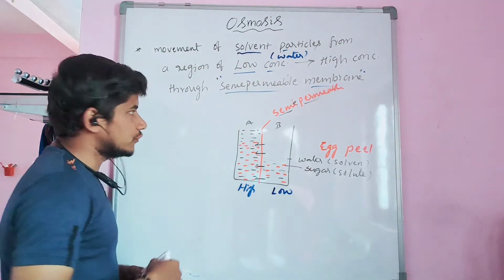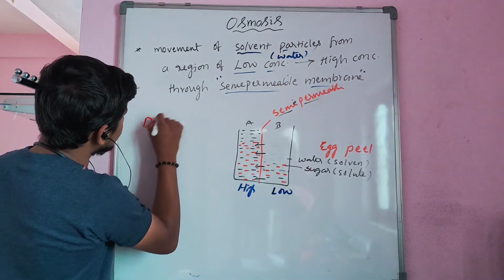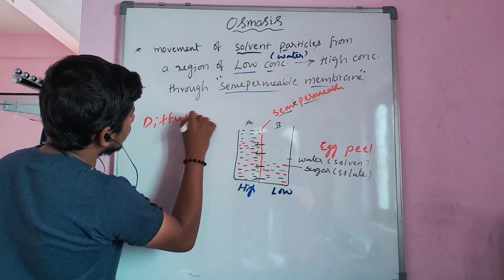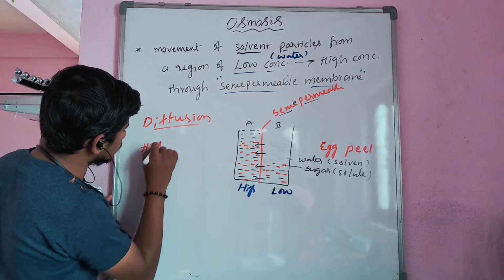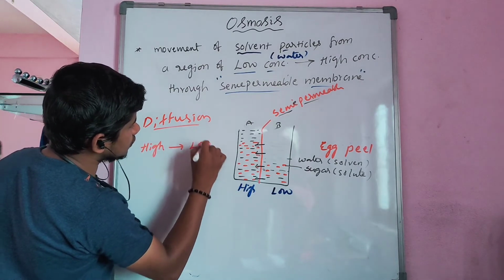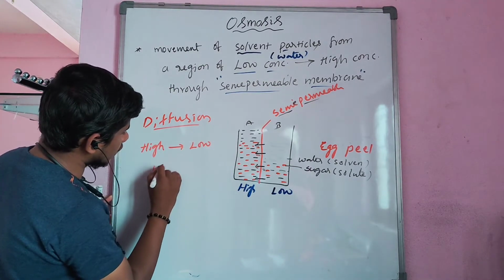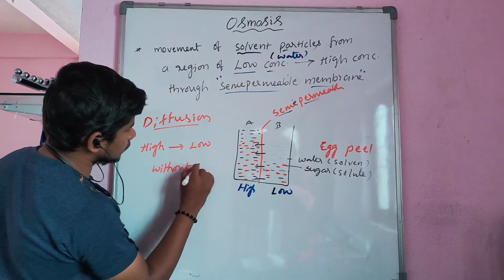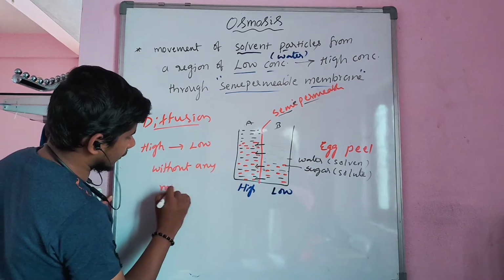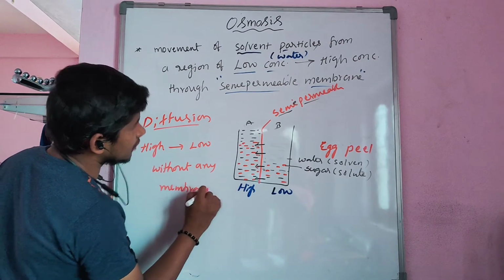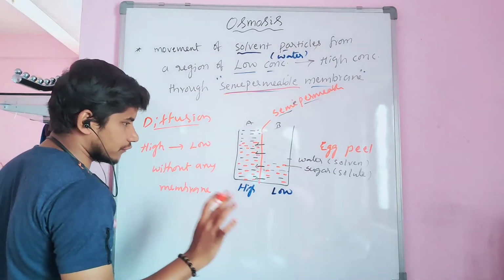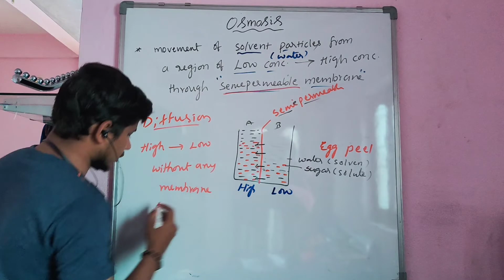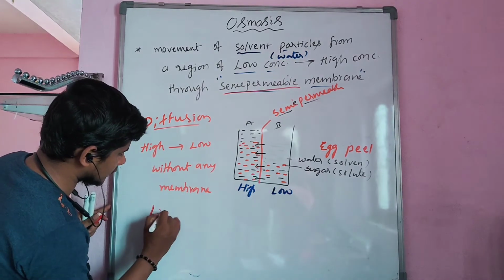In case of diffusion, it is a movement of molecules from a high concentration to a low concentration without any membrane. So here in osmosis the membrane is very important. But in case of diffusion, there is no requirement of any kind of membrane. Simply it can happen in liquids,